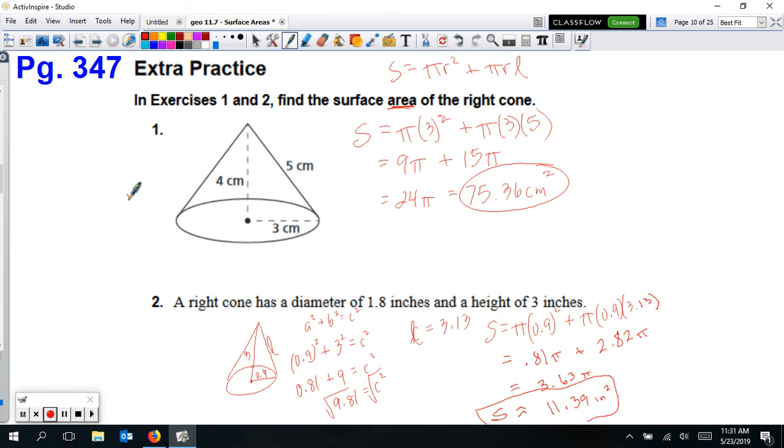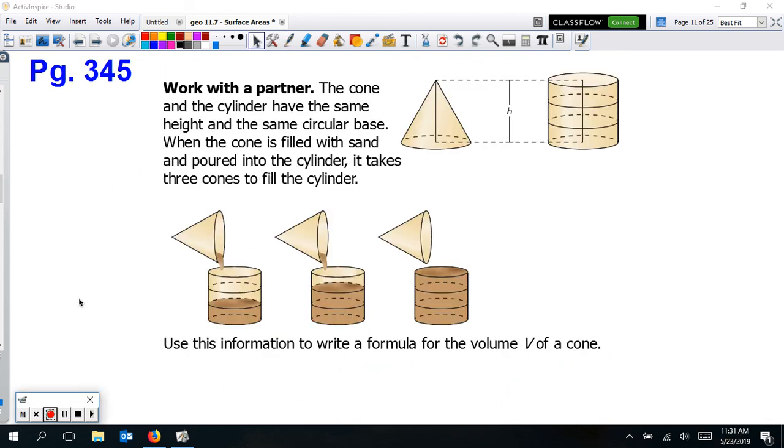All right, let's go on to the next part, which is talking about volume again. So like I said, the volume of a cone is very similar to the volume of the pyramid. We saw the same kind of diagram in the last lesson when we were talking about the pyramids: if you took a cylinder and sliced it up into 3 equal parts and had a cone with the same base and the same height as this cylinder, then it would take 3 conefuls to fill